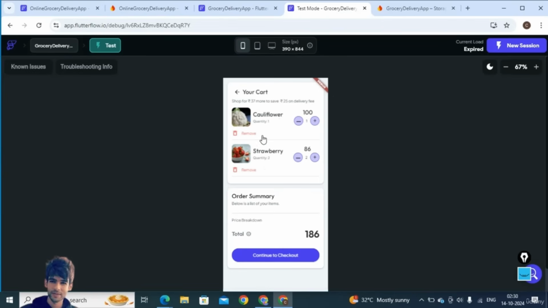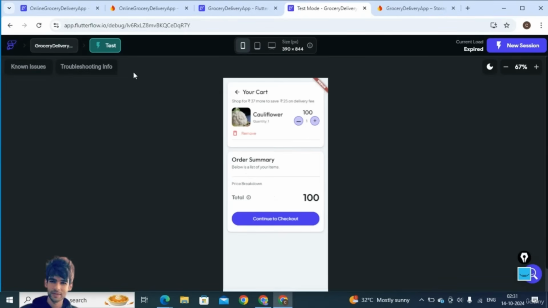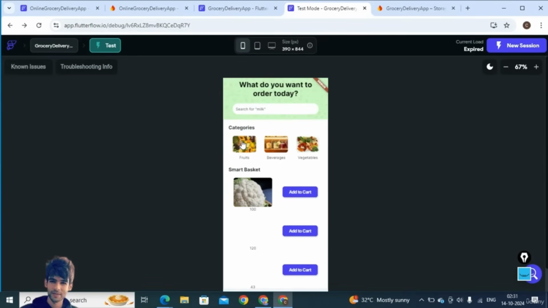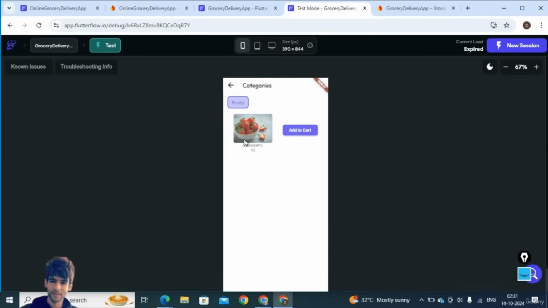You can see the items added into the cart, and all the quantity and pricing will be reflected properly, and the total value of cart will be reflected here. If I increment the cart value, you can see the total is also getting reflected, and you can also remove the items from the cart. So this is the kind of app which we are going to create, and we also apply some categories,